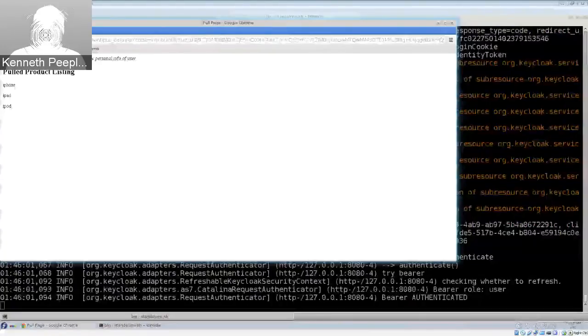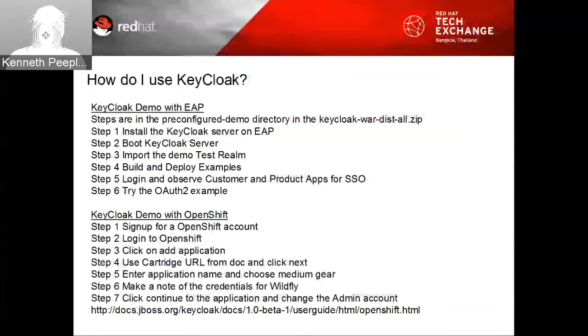Okay, so let's move over to KeyCloak. All right, so the demo I want to show here, and we'll go through this rather quickly, because I want to show you one thing with PicketLink, then close out with a couple of slides because we're getting close to the time here. So with the KeyCloak demo with Openshift,